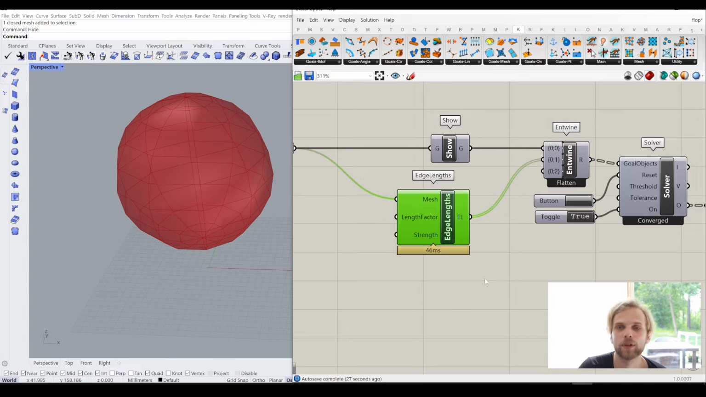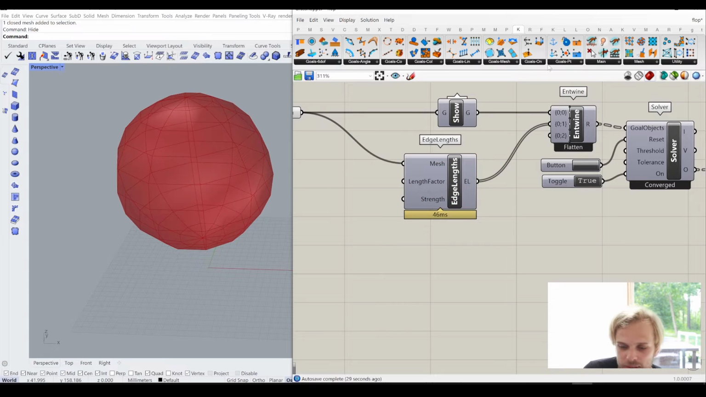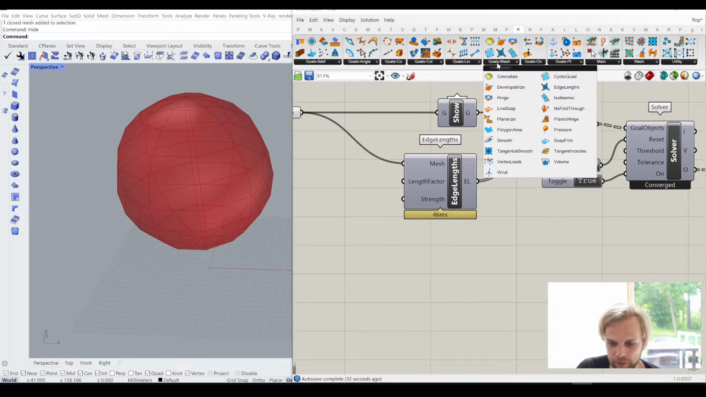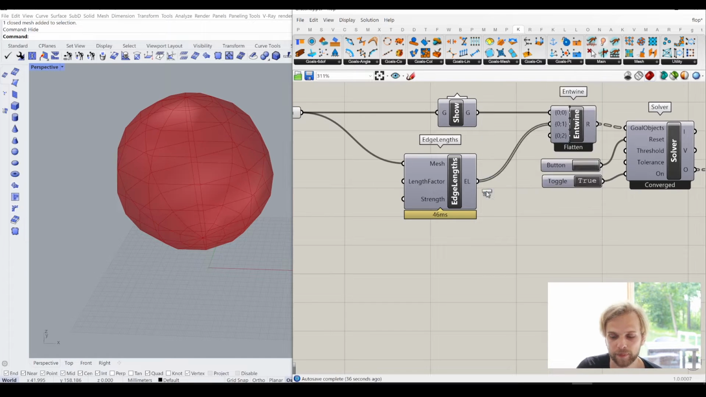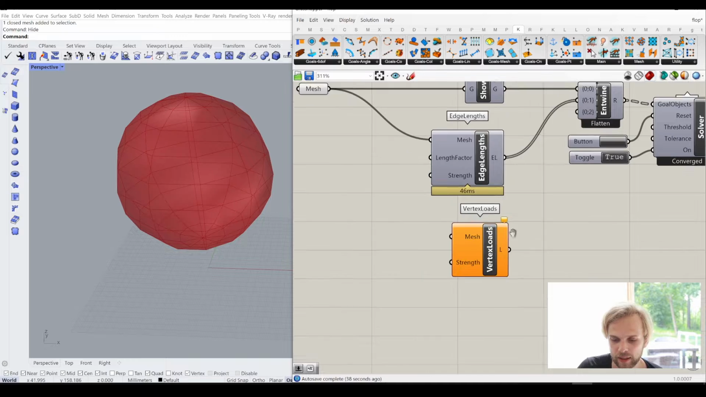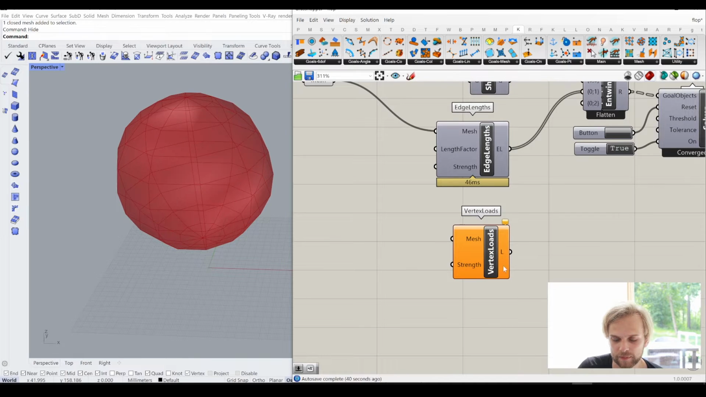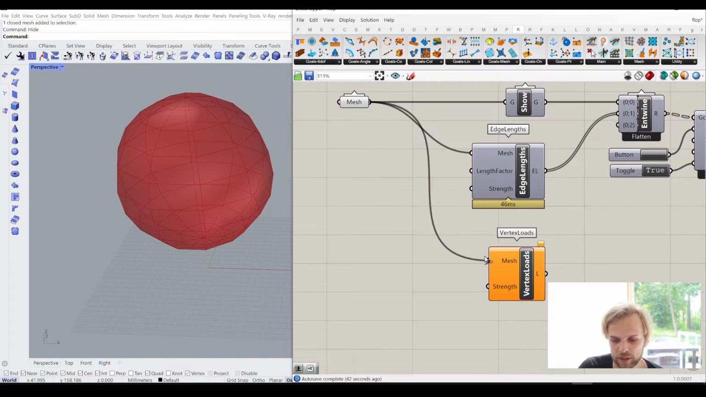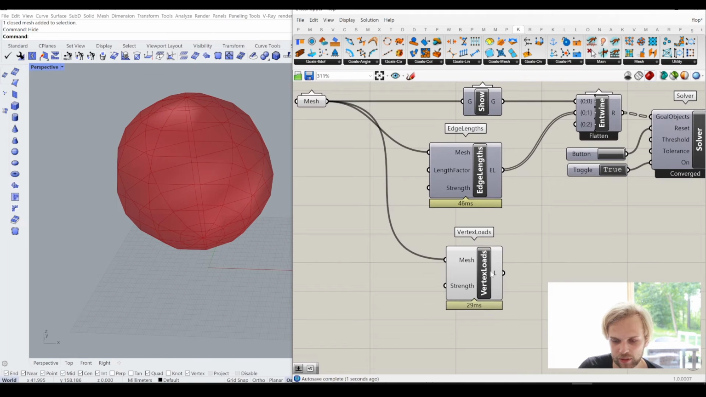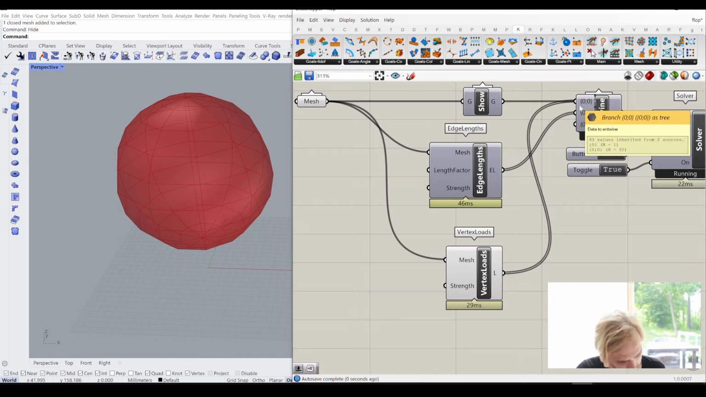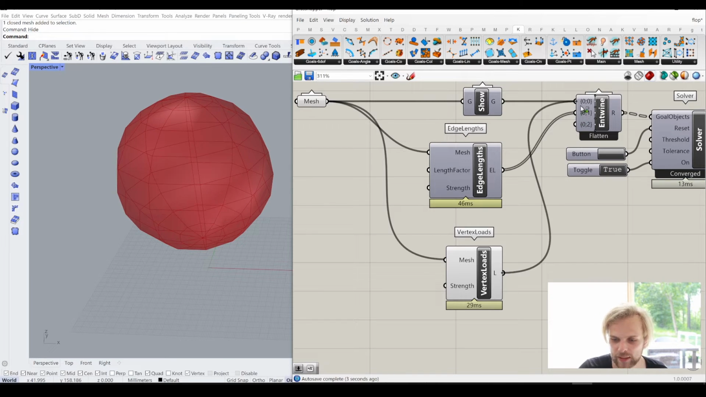Okay, more goals. Let's add some gravity maybe. So I'm going to add Vertex Loads. This one right here. Mesh connects to mesh as per usual. And Vertex Loads L output, I will actually connect it to not 0, 2 of the entwine, but 0, 1. That is because